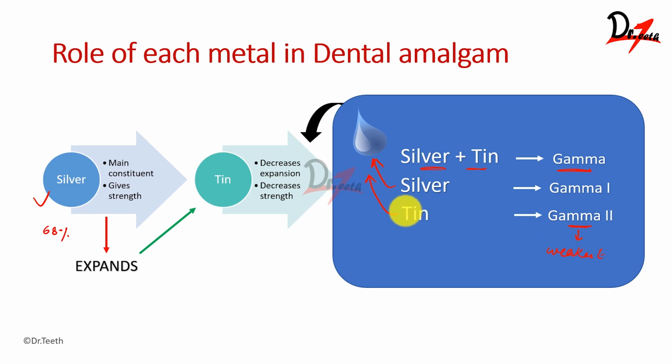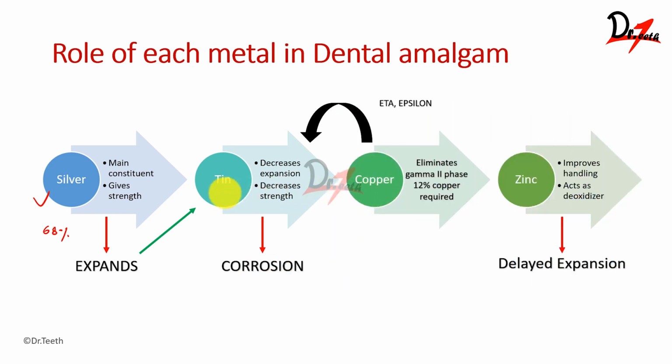And how is it forming? It is forming because of tin, okay? So here you can see, because of the tin, we are having corrosion, okay? So how do we deal with that? So you can imagine tin having a crush on copper, okay? So when there is copper, the tin, instead of reacting with the mercury, will react with the copper because tin has a crush on copper, okay?